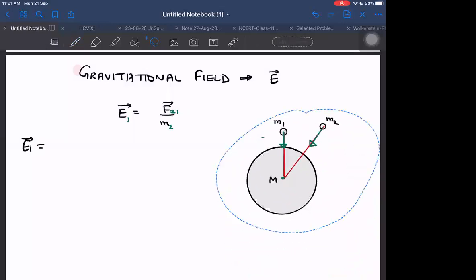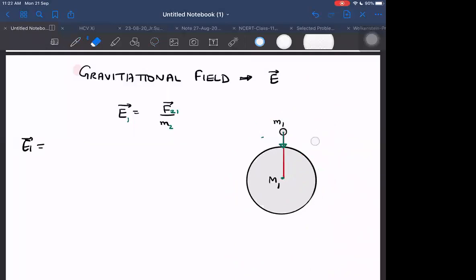If I want to make a diagram for this, then I will have to give mass numbers, M1 here and maybe M2 here. Then it will become correct. Then the field here will be E1, the field at this point where the mass is kept. And mass M2 has to be multiplied, and M2 times E1 will give us the total force acting on M2 due to E1. M2 times E1 is equal to F21, the force acting on 2 due to 1.